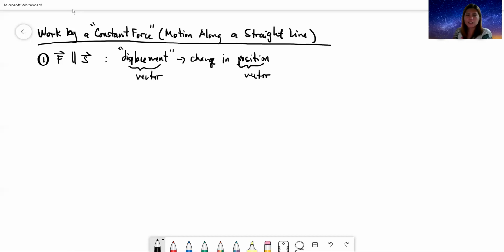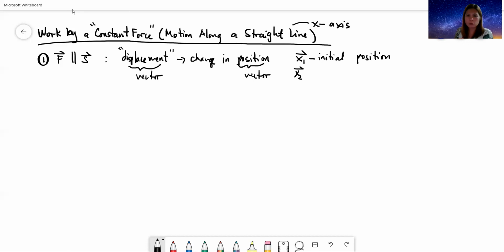So if we focus our attention on a straight line where we only focus on the x-axis, okay? Therefore, we say that x sub 1 is our initial position. In other words, ito yung physical quantity na magsasabi sa'yo kung saan ang particle mo with respect to the origin. And it's a vector quantity. If the particle is at the right of the origin, it should have a positive sign. Kung nasa left siya, it should have a negative sign. Kung nasa origin siya, ang position niya 0. Okay? Please take note of that.